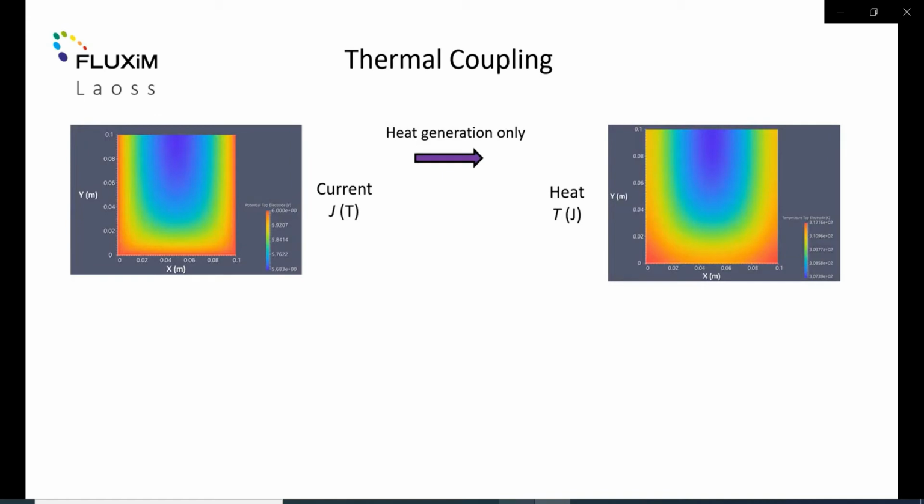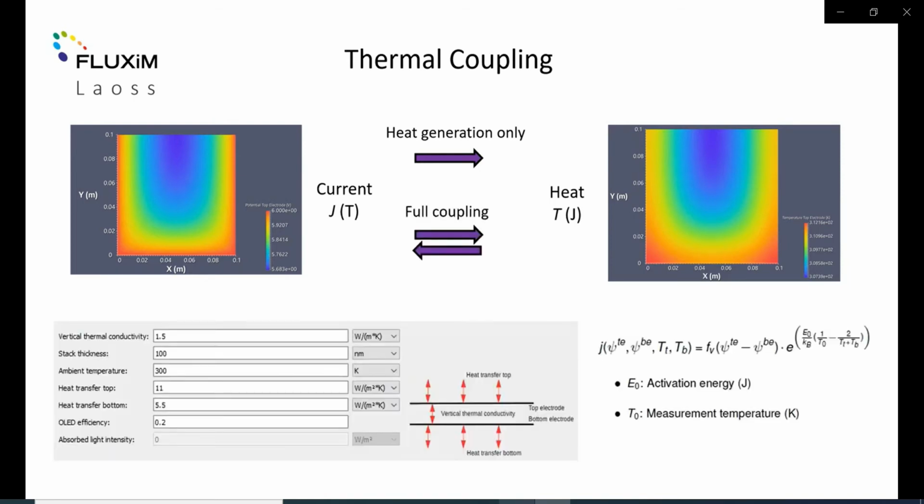Current will generate heat. This phenomenon is well known as Joule heating. At a place with higher current density, one will measure a higher temperature. In order to simulate this effect, LAOS offers the thermal module, which has to be coupled. As a first and simpler option, there is only one-way coupling: current will generate heat, which will lead to increased temperature. The local temperature can also have a backward effect on the local current. This option is called full coupling and requires setting a temperature-dependent IV curve.